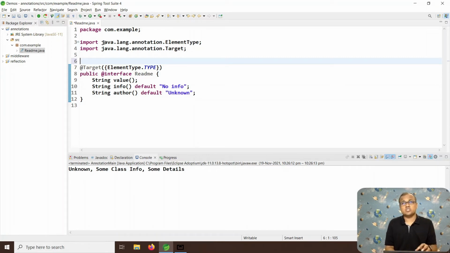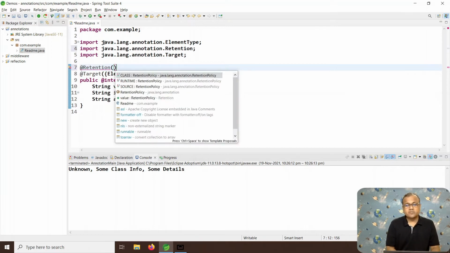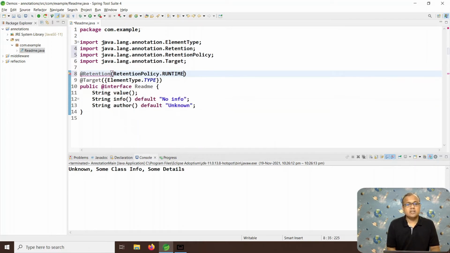For this demonstration, we are looking at runtime type annotations, and this can be done by giving the Retention annotation, and I need to specify the value over here, let's say RUNTIME. If you have noted very clearly, while giving the value of the annotation, we have not used any member.